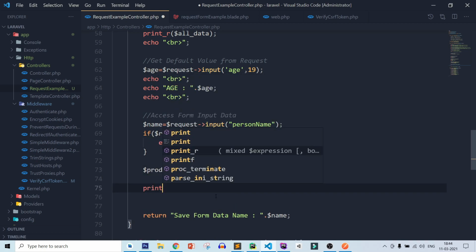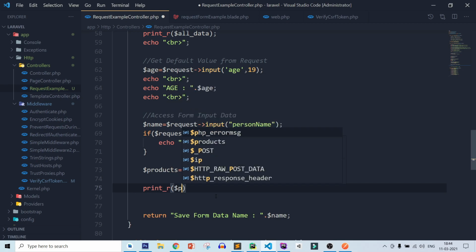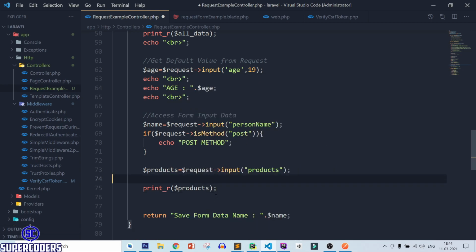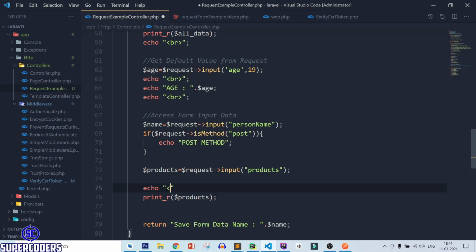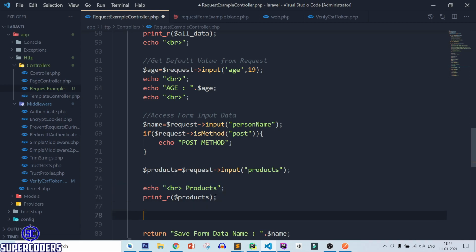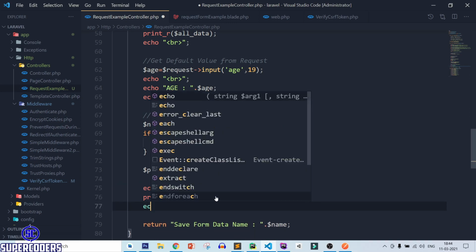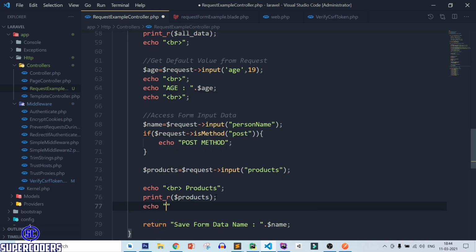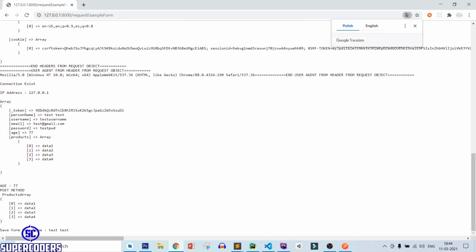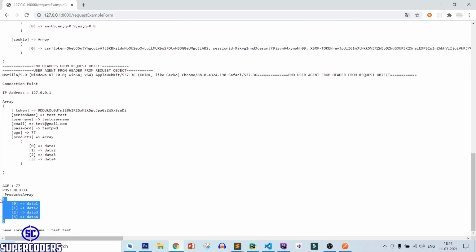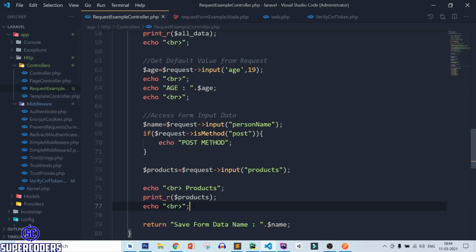So print_r($products), echo br, products, echo br. Now save this page, refresh page, and you can see you can access all your products in array format.